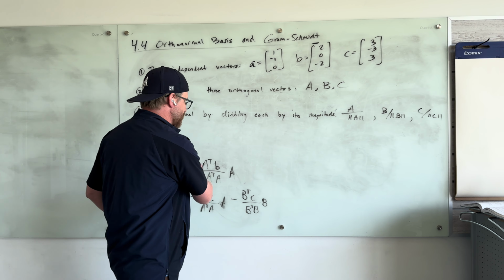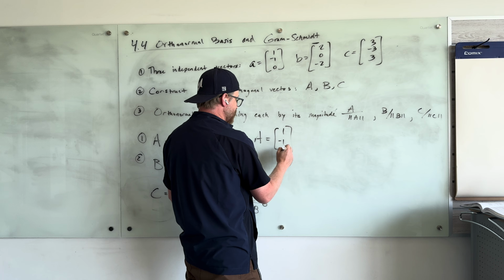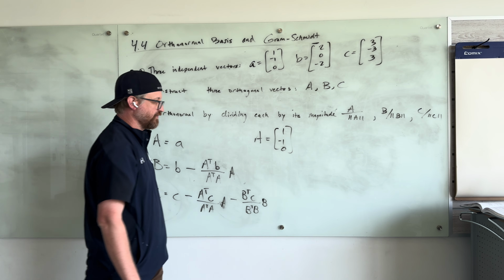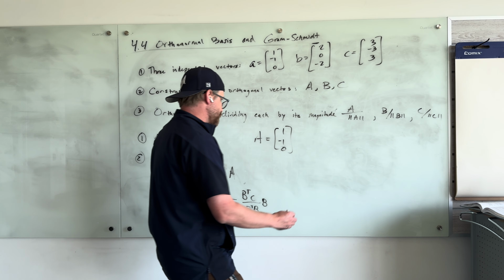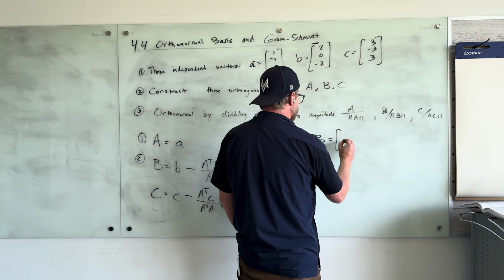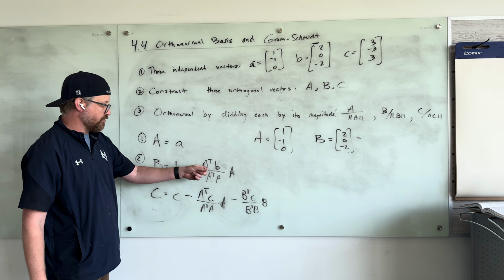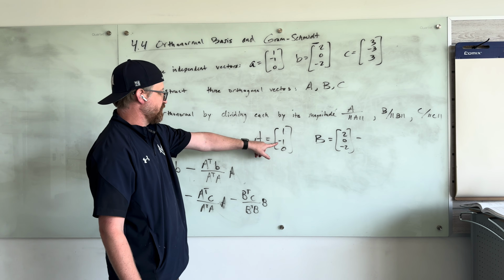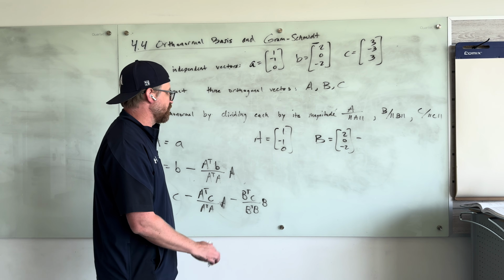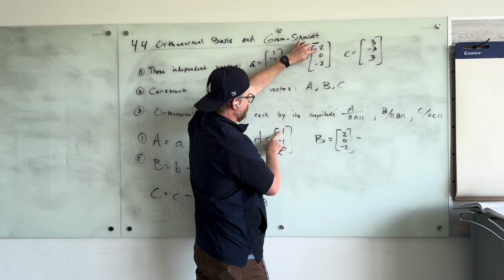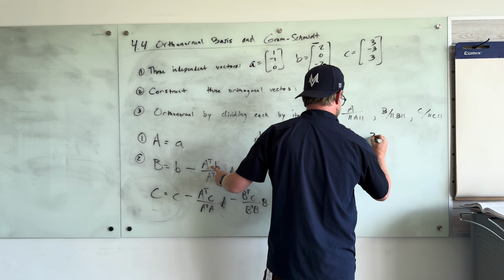Essentially we have that capital A is our first independent column, so 1, negative 1, and 0. Again, you could find its length to get the unit vector, but I'm just going to leave that as is. To calculate B, I'm going to take my lowercase vector b, 2, 0, negative 2, and subtract from it our projection. So we need A transpose B, which is a 1 by 1 scalar. 1 times 2, negative 1 times 0, 0 times negative 2, so 2. So this first part is 2 over